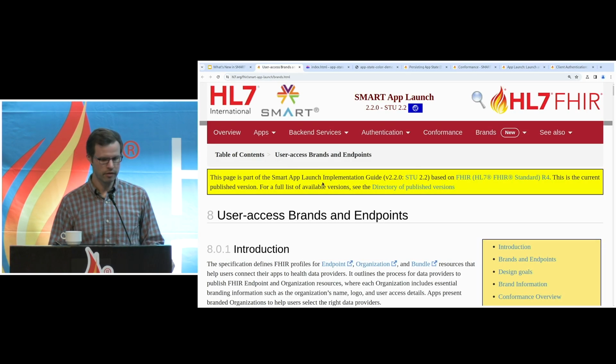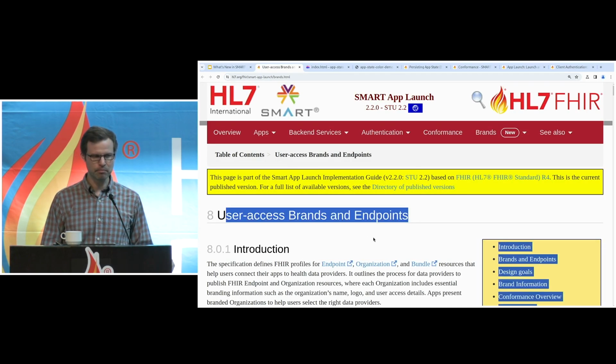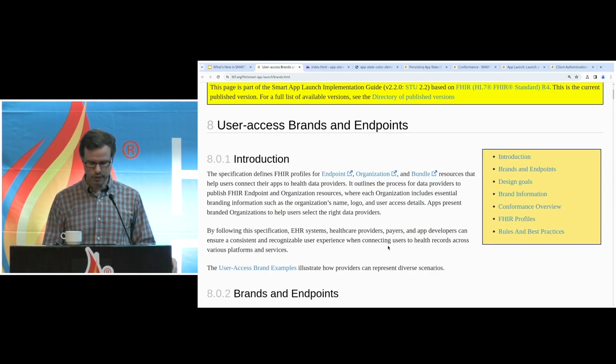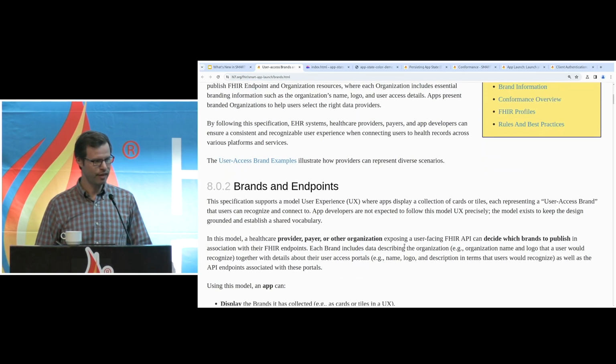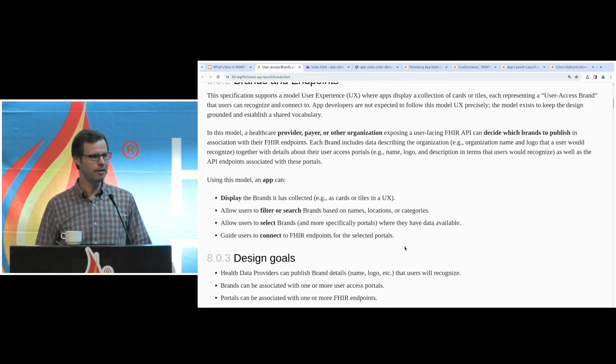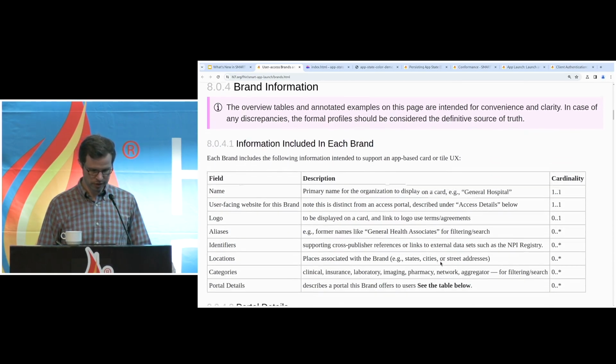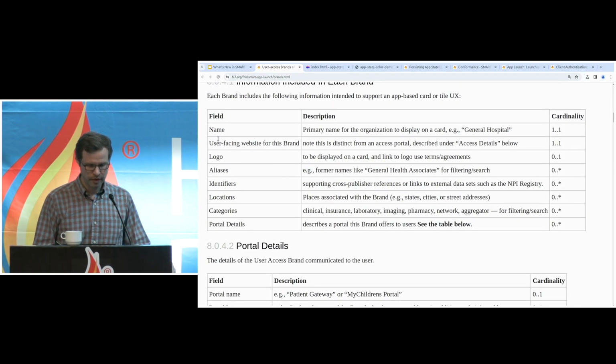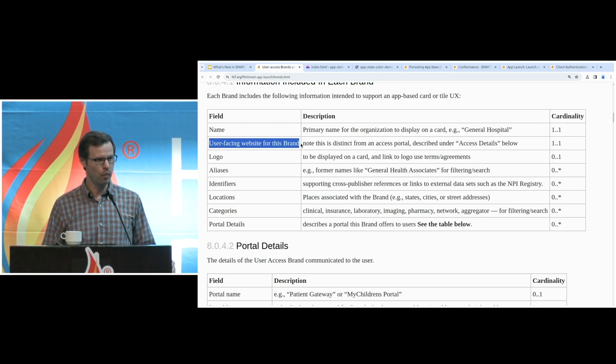And this is why we developed the User Access Brands and Endpoints project. This was one that we ran in the Argonaut Standards Accelerator, and we came up with a set of FHIR profiles for the endpoint resource and the organization resource that essentially boil down to this. Beyond just the name of an organization, how do we communicate the website where that organization hosts its main content,